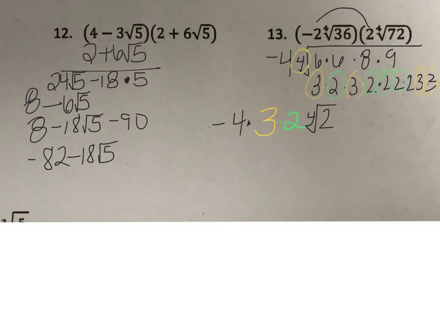And now I multiply what I have out front. Negative 4 times 3 times 2, that's negative 12 times 2, negative 24, fourth root of 2. Okay, then I'm going to do number 14 and 15. I'm not going to take a picture of them, I'll just write them down. So we have